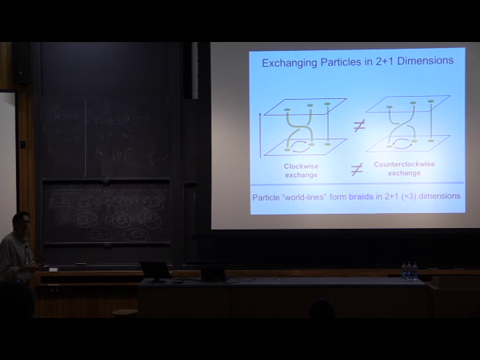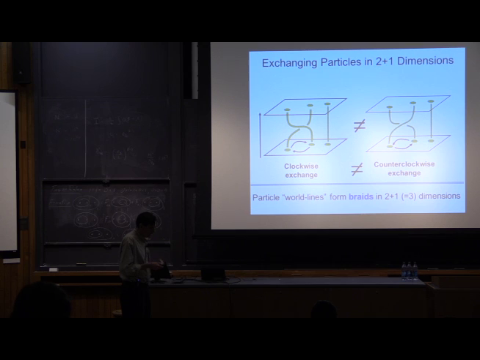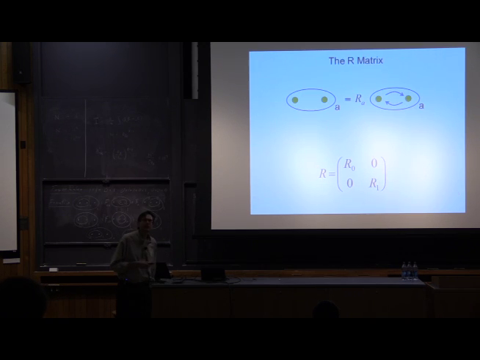And this important feature of 2+1 dimensions, that clockwise exchanges and counterclockwise exchanges are distinguishable, and that exchanging is not its own inverse, is crucial. Okay,